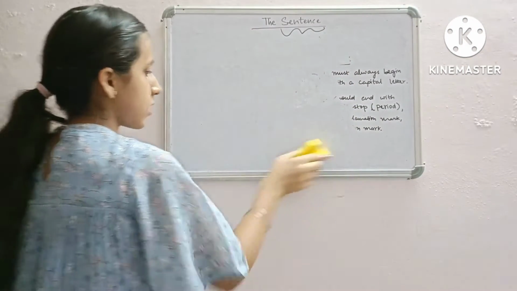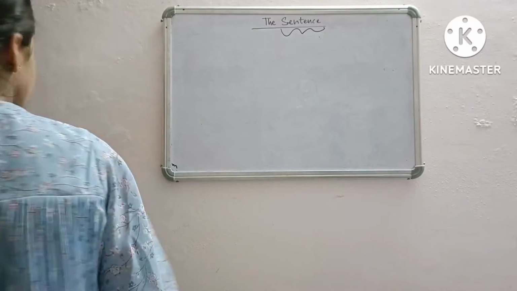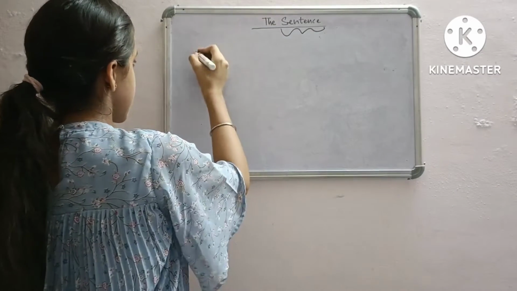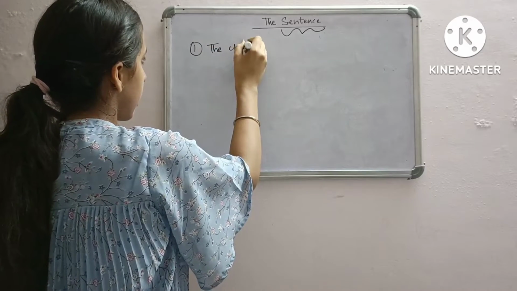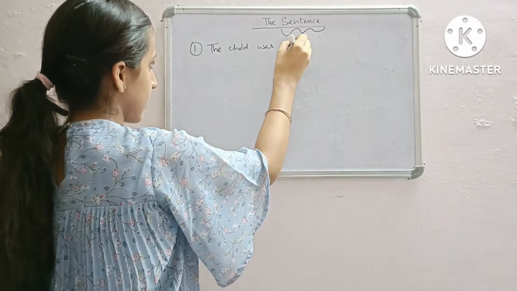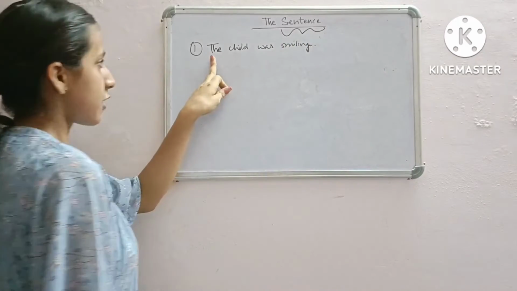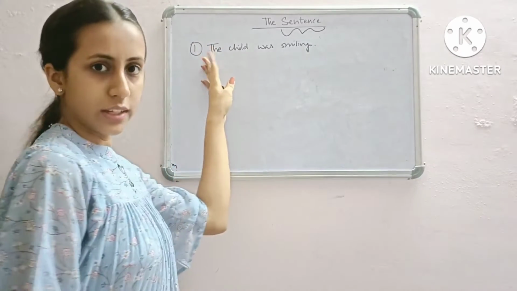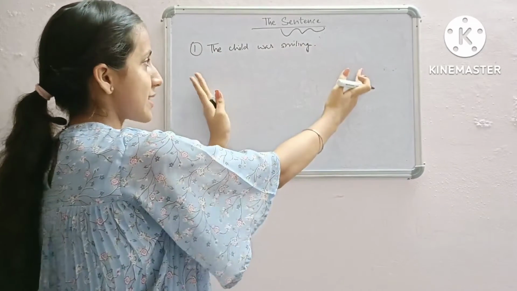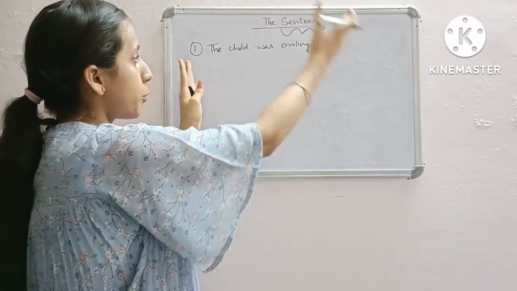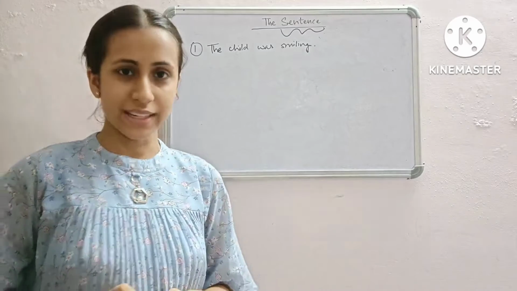How do we write it in a simple form? So let's just do it quickly. Okay, now the first sentence, for example, it can be like, the child was smiling. Now, see, I put a full stop at the end and I have begun it with a capital letter, that is the T. That means what? The child was smiling. So what does it mean? That's a complete sentence. It's adding a meaning to the words. The group of words that have been added in the sentence are adding a meaning to it. Hence, it becomes a complete sentence.